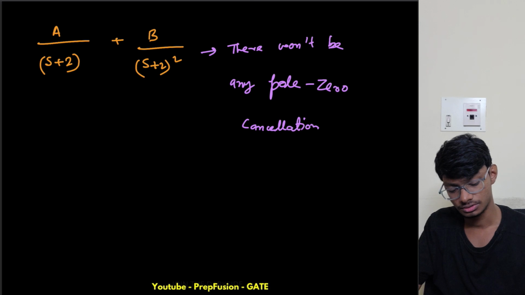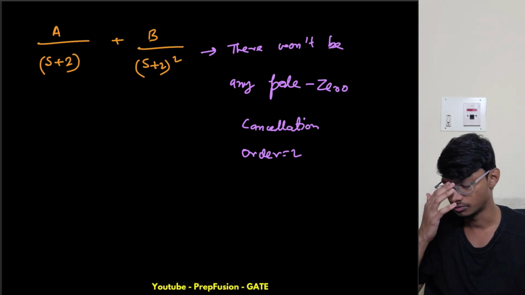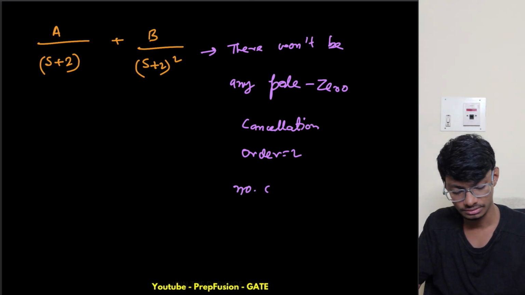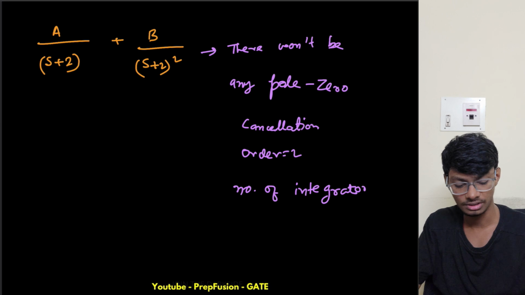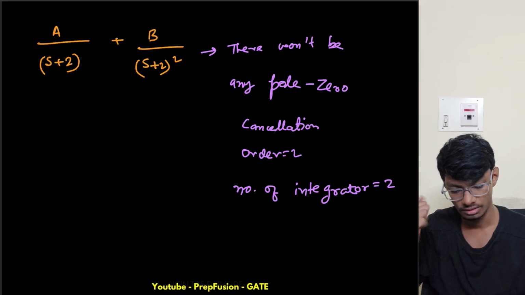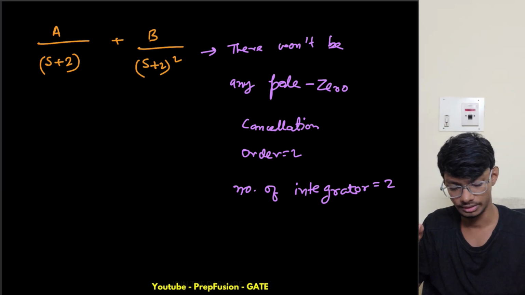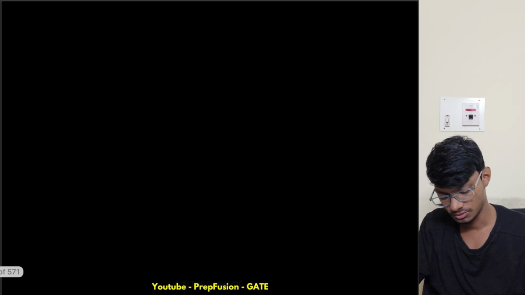Okay, so not always, this won't be order 2. My number of integrators is also 2, right? So I'm using a minimal set. Now I have to just check whether it is controllable or not. That I will check using Gilbert's test. That is another matter. So let me first find the transfer function. Okay, so the transfer function